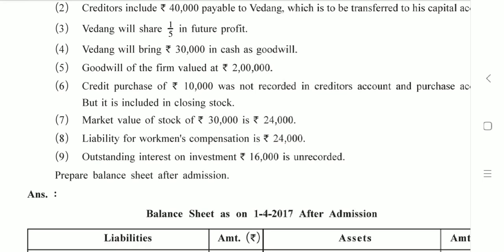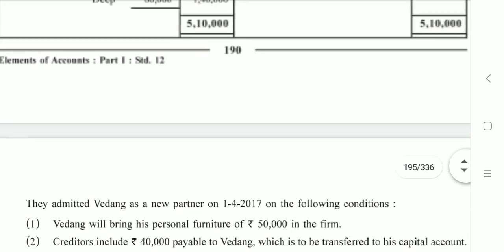Then outstanding interest on investment rupees 16,000 is unrecorded. This is our outstanding income. So इसकी इफ़ेक्ट हम उसी तरह से देंगे जैसे फाइनल अकाउंट्स में हम लिखते हैं. ऑफ कोर्स 11th के फाइनल अकाउंट्स में भी आउटस्टैंडिंग इनकम का एडजस्टमेंट तो आप सीखे ही होंगे, राइट? So we are not going to put a tick mark for this adjustment. Now we'll start with our sum.